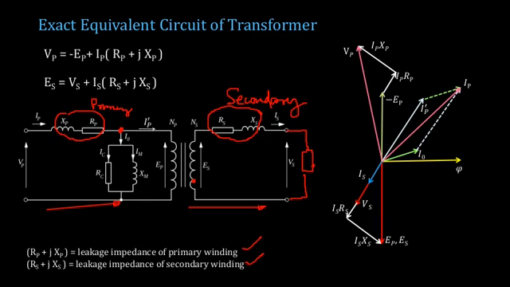Obviously some flux will be generated in the winding. Now once the flux is generated in the winding, that flux will be linking with the primary winding. Already you have some flux phi 0, or rather phi, which is set up to magnetize the core. Entire core is being magnetized already.